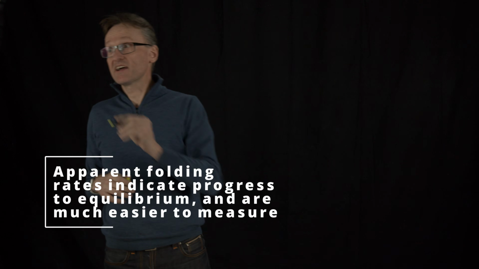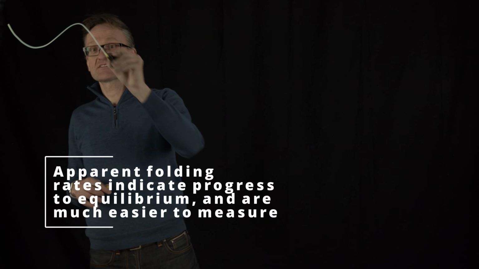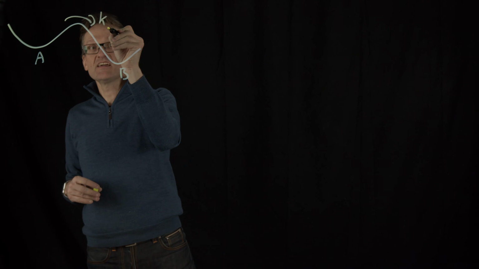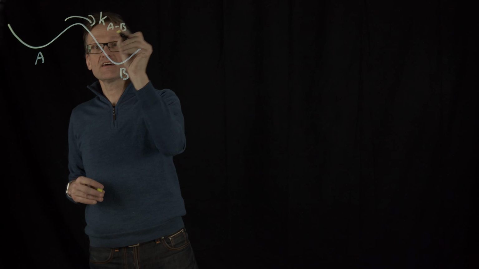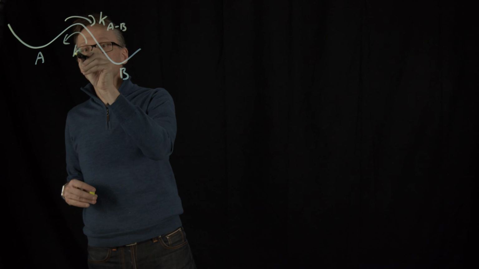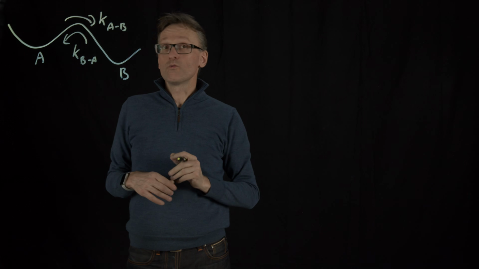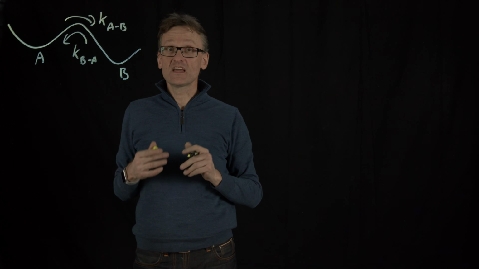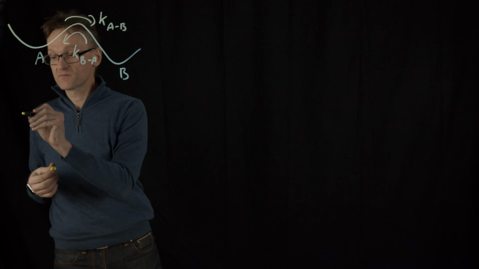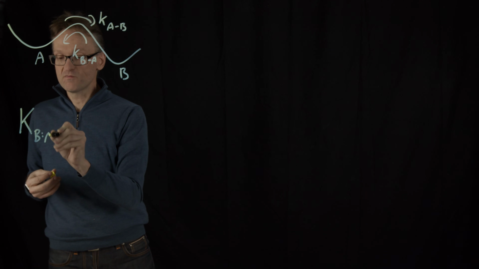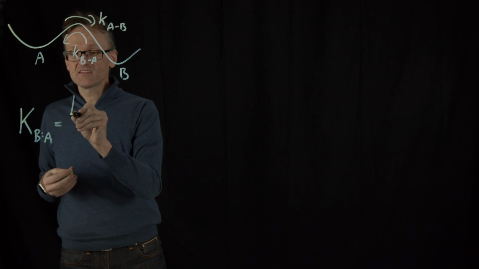So we'll simply go back to chemical reaction kinetics. We have a state A and a state B. We know that there is a reaction Ka to B, and there is another reaction Kb to A. We also know that the chemical equilibrium constant, uppercase K, the ratio of B to A, that's going to be,